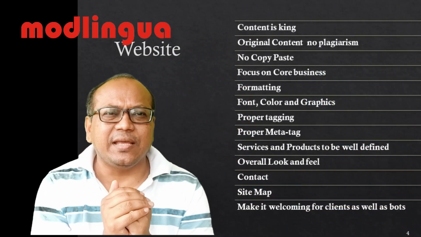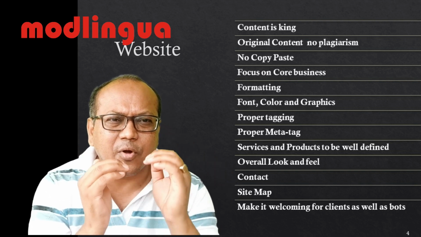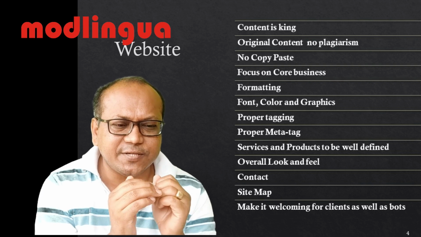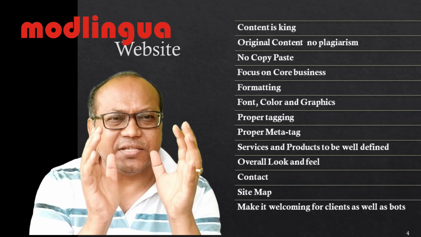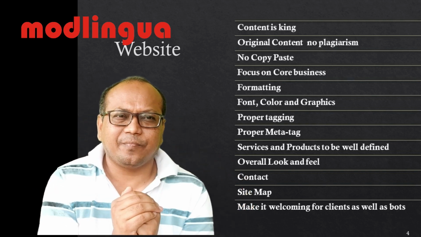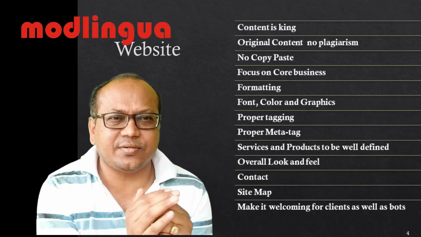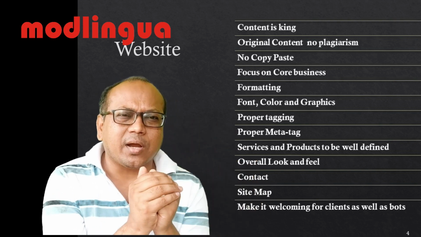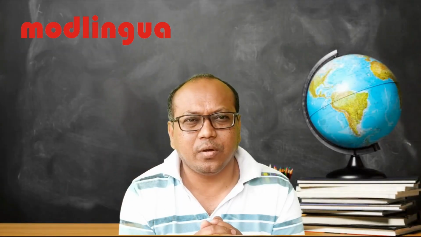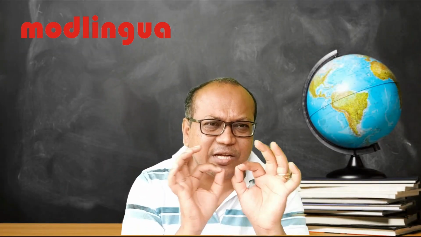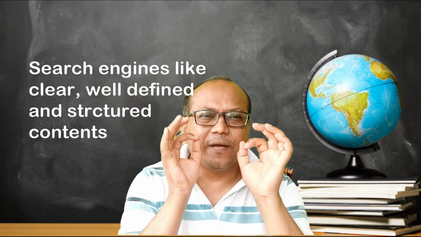Apart from that, the most important thing is the website should focus on your core competency. It should talk about the strength of your product or service. The content that we make should be properly tagged. There is a need to develop meta tags. So there is a science involved in content management in a website, and we have to understand that science. We will discuss more about online marketing, social media marketing, as well as search engine optimization in our coming lectures. But for today's website part, please make it very sure that your content should